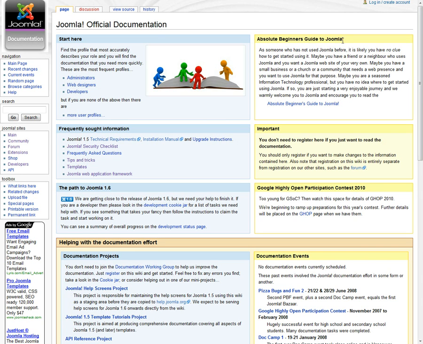They have an absolute beginner's guide. It's divided into mostly administrators, web designers, and developers. You can find frequent information like installation manuals, upgrades, instructions. The security checklist is a great place to begin. Frequently asked questions, tips and tricks, templates,